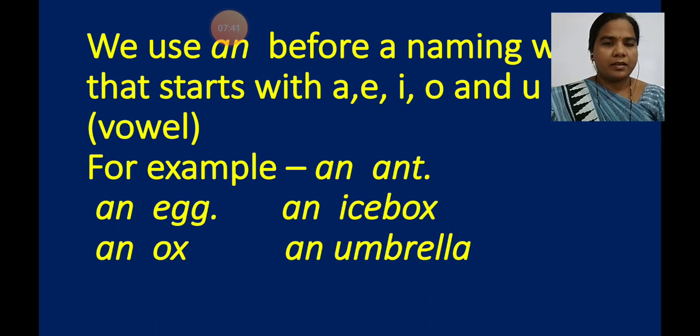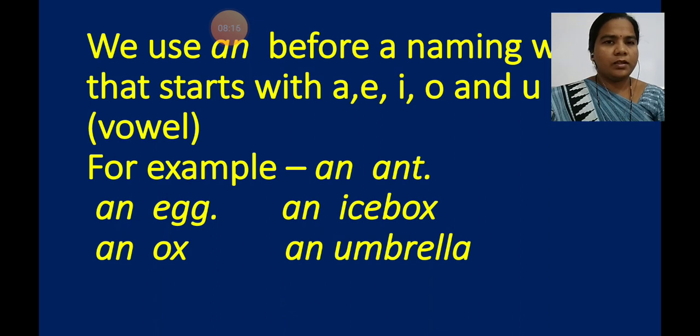As we know, we use these words for the name of a place, a person, one thing, one animal. So as you can see, ant starts with vowel sound A. A is a vowel. Now we are looking at the word ant. So ant has started with vowel sound A. Because of the vowel, we have to use an before that word.